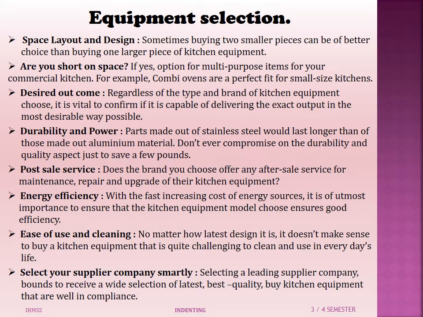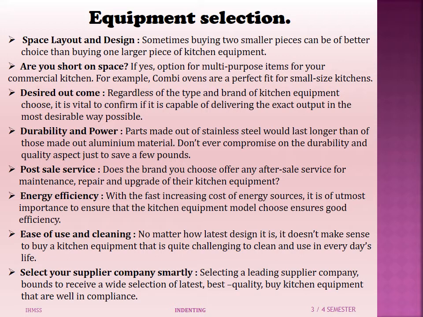Equipment selection. Space layout and design. Number one, sometimes buying two small pieces can be a better choice than buying one large piece of kitchen equipment. Number two, are you short on space? If yes, opt for multiple or multi-purpose items for your commercial kitchen. For example, combi ovens are a perfect fit for small size kitchens. Number three, desired outcome. Regardless of the type and brand of kitchen equipment you choose,